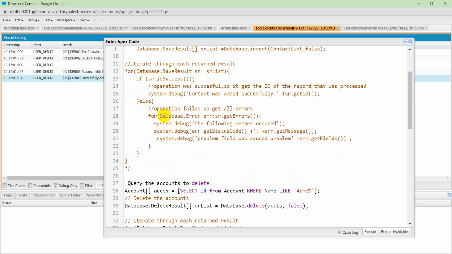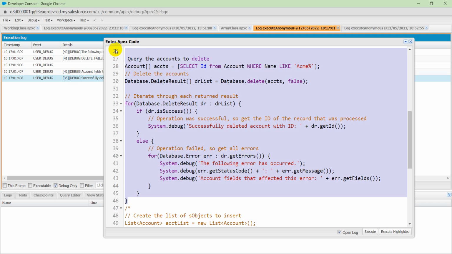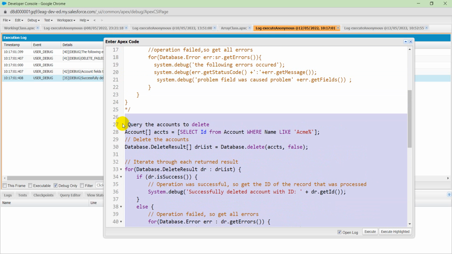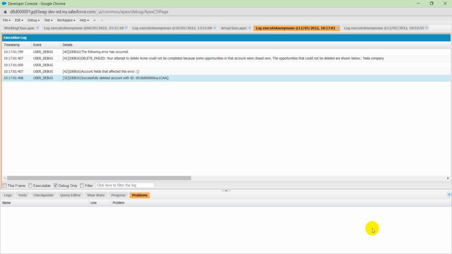As you can see, Database.Error, and error, name of the list variable, and then getErrors. The following error occurred. What is the error? Error getStatusCode, and then message, and then the field name. Which one caused the error? Let's